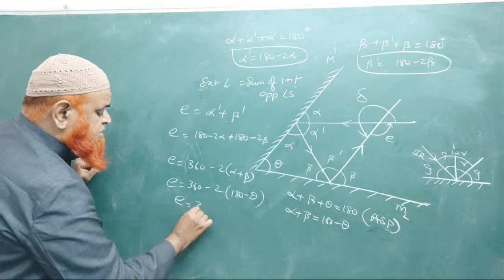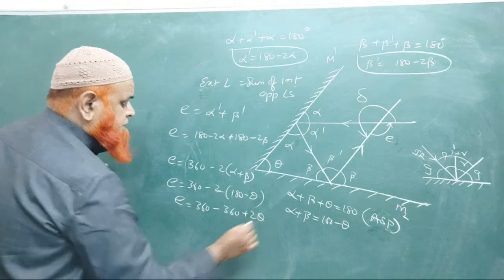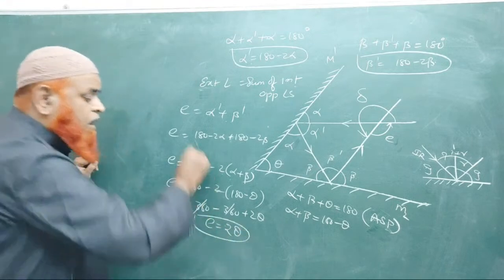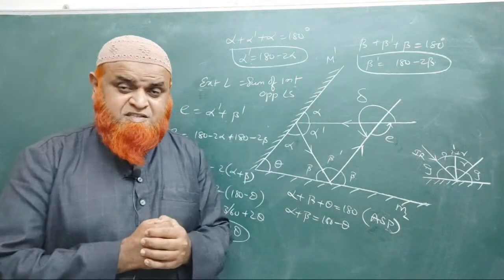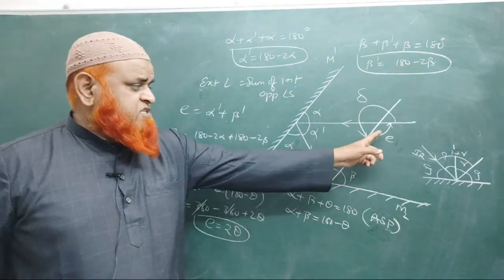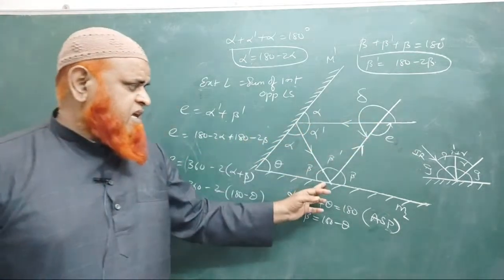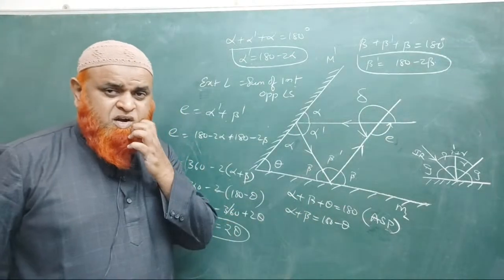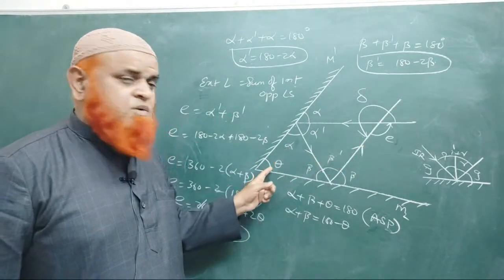Okay, so E is going to be 360 degrees minus 2 into 180 is again 360, and this is going to be plus 2 theta. So 360 gets cancelled. It is going to be 2 theta. So we got one shortcut here. This process is just to understand the basic things, but we got one shortcut here, that exterior angle, how much it is deviated. So it is going like this, striking here and coming out. Okay, I will give one small problem to understand this shortcut, that exterior angle is always equal to double times